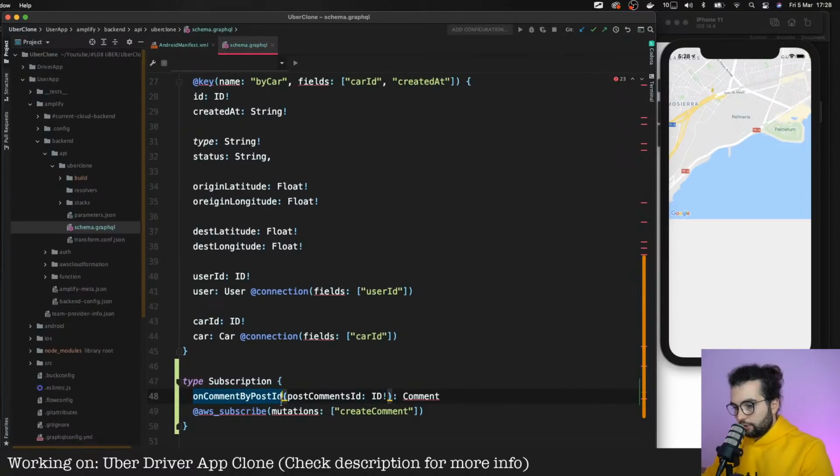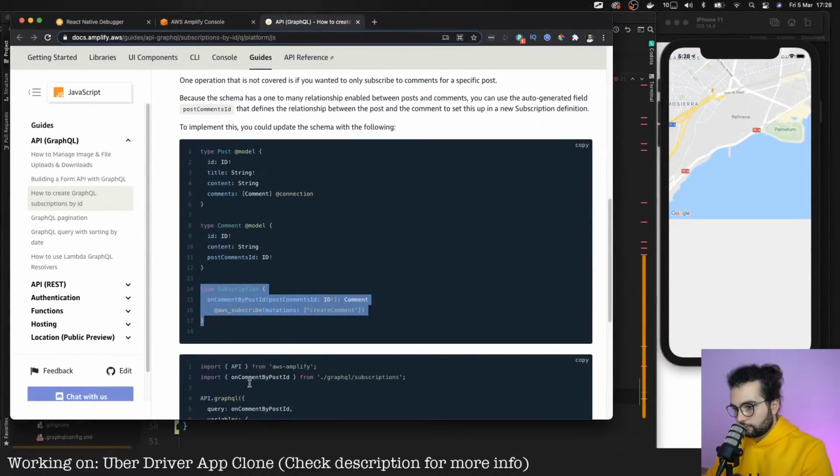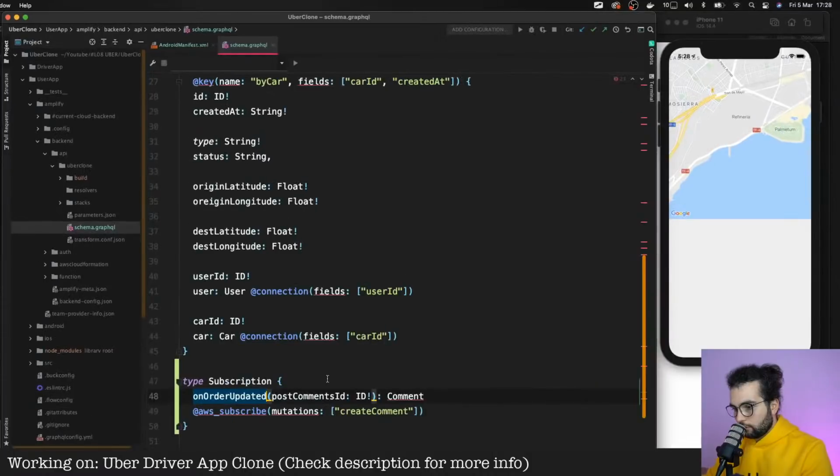We can say on order updated. On order updated, and the ID of the order will be this one, and we will receive the order.